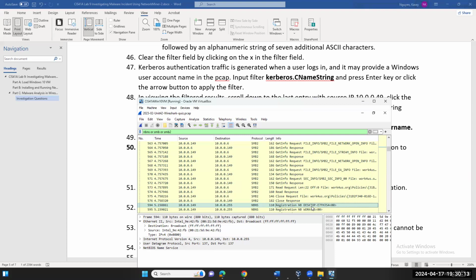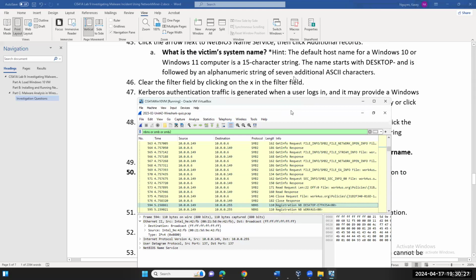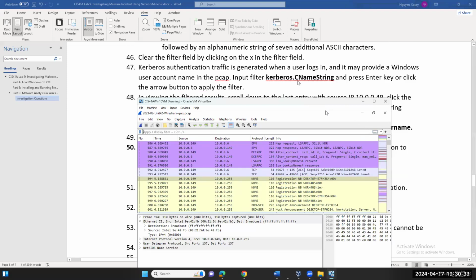So if you look for 10.0.0.149 as a source, look at registration NB and you would find the host name, its computer name. So we did 45, then we're gonna clear the filter. And then we're gonna do Kerberos. So we know that it is a Windows system, so we're gonna do